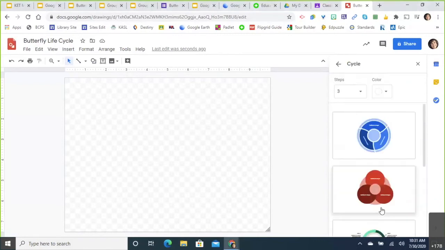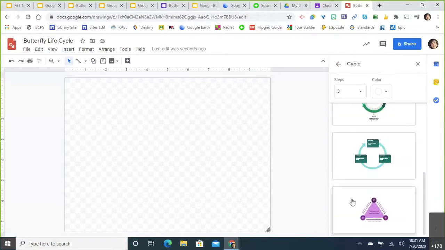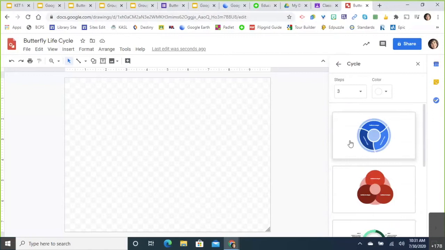So you click on the one you want to create, and there's even more inside that. There's several different types of cycles that I have to choose from. I go up here, steps, and I have to decide how many steps are there in a butterfly life cycle. There's four stages. So I would click on the 4, and that is a negative to this. It only goes up to 5. So if you have something you're wanting to show 6 of, that's not going to work, or at least not with a pre-made diagram. So I would click 4,